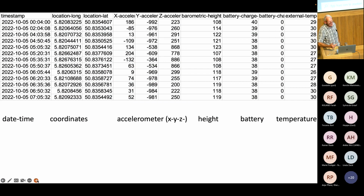Now the data you get is records, and like I said, here you see records from every 15 minutes, if I'm right. In this record you have the day, the time, and coordinates. There is accelerometer data in it. If a bird is dead, the accelerometer data show another position and they don't move anymore. Then you get a sign, hey, watch your bird, it's maybe dead. You get information about the height, and other information like battery, temperature,